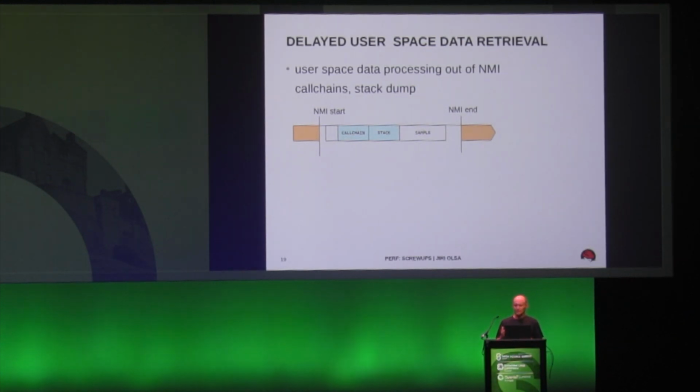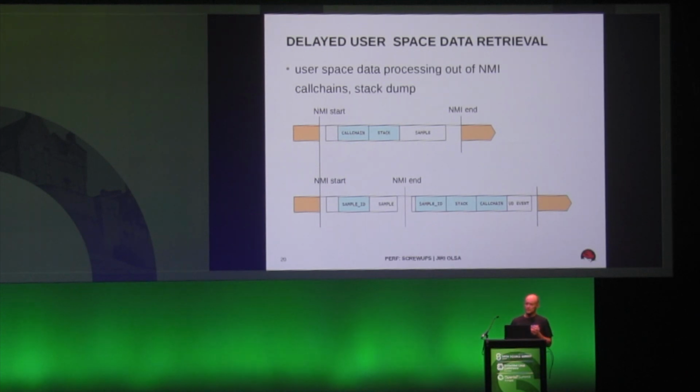If something like this could be avoided, it's a good idea, because NMI is a very expensive context. When the CPU is in the NMI, basically nothing else can run. Not any other interrupt can be run on the CPU. So Peter came with the idea to move the user space data retrieval from the NMI to later processing. So basically create two events. In the NMI, we would create just the basic stuff without touching the user space data, adding some sample ID